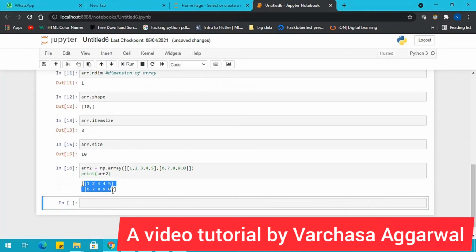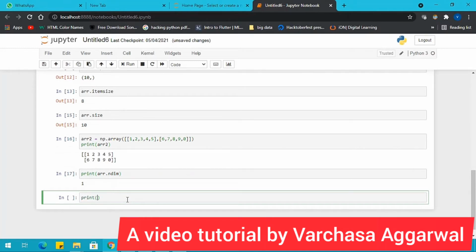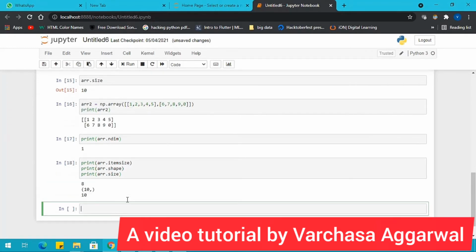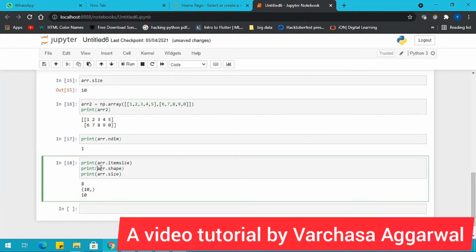Okay, now you can see this is a two-dimensional array, and we are printing its dimension, its item size to know how many bytes each element is taking, its shape for knowing its shape, and size for knowing the number of elements stored in it. Now you can see that the number of elements is 10 and the item size is 8.